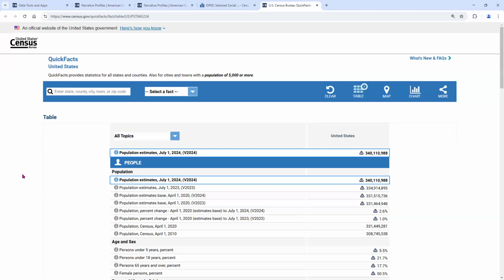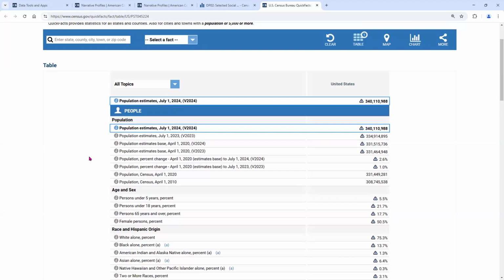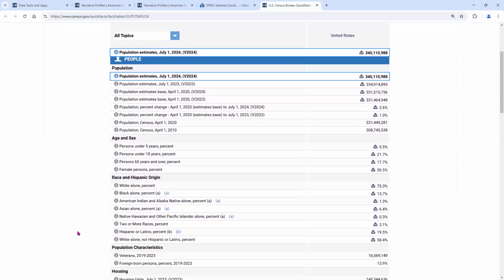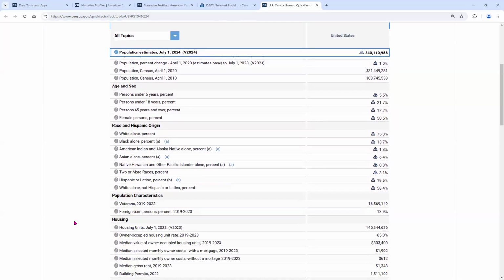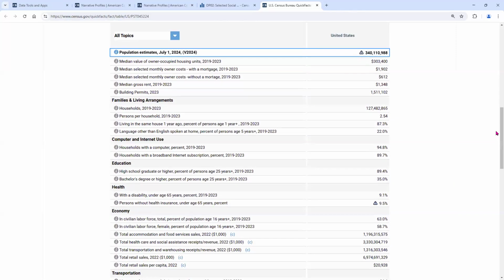So here within Quick Facts, what's great about it is that it's kind of like a comparison tool. You are able to compare up to 6 geographies across different characteristics. For instance, you can compare population, breakdown on race and Hispanic origin, housing, and other characteristics listed down here.